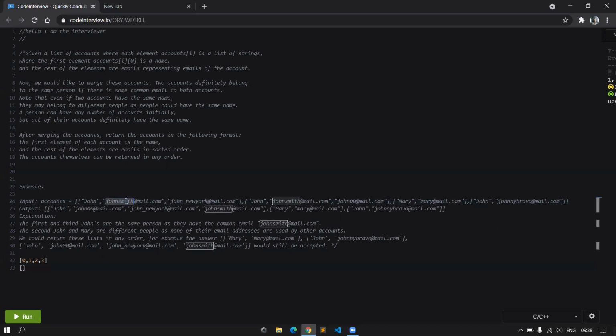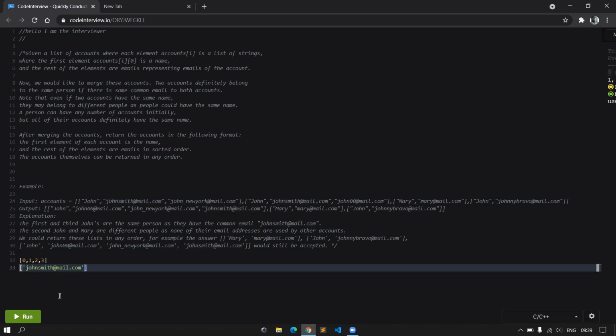So for example, let's see which one was the common one. John Smith was the common one. So if I take John Smith as the key here, it will contain 0 and 1.